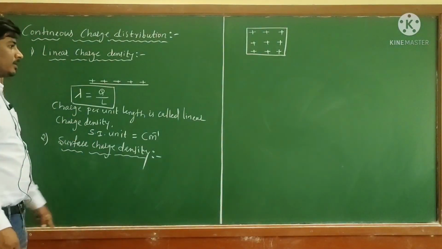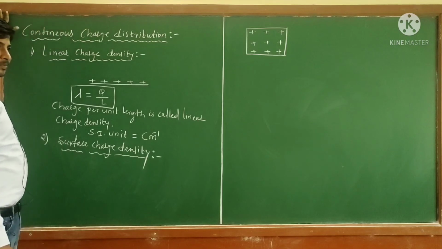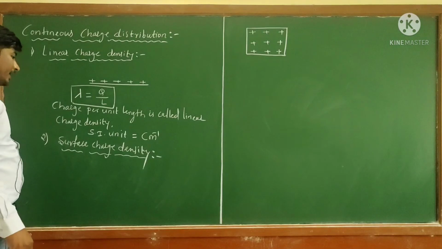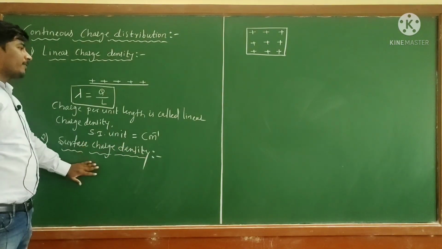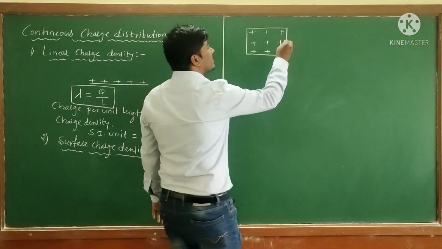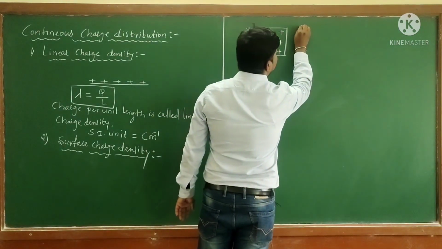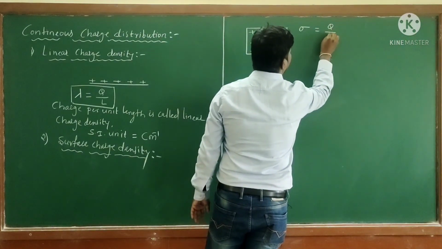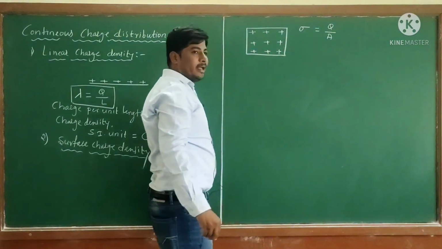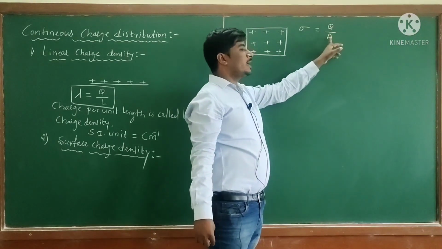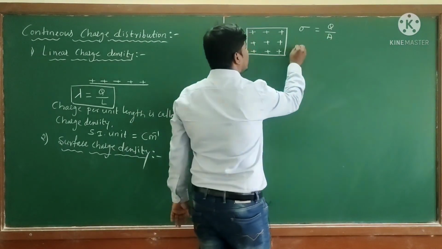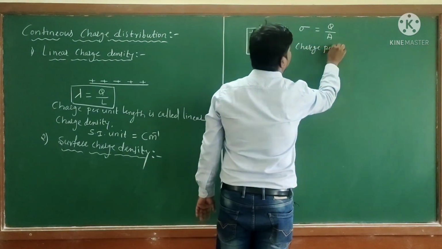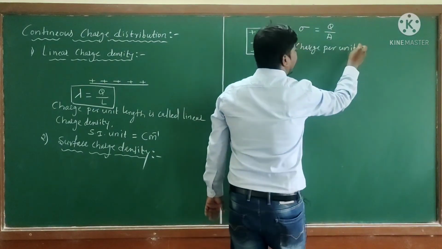You can see here this board is a sheet. In this way, if the charges are distributed along its length and breadth, then we call it the surface charge density. Surface charge density is denoted by the symbol sigma, which is equal to Q divided by A. Q means charge, A means area. Charge per unit area